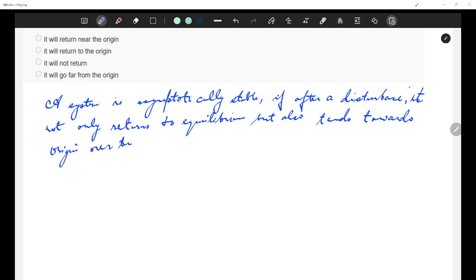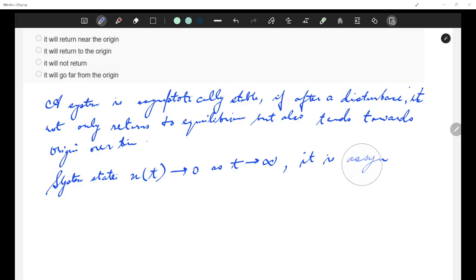Okay, so in mathematical terms how can it be written? The system state x(t) tends to 0 as t tends to infinity. If your states converge to 0 as t tends to infinity, then it is asymptotically stable. I'll write just AS. Okay, this means that any deviation from the equilibrium due to any kind of disturbance will eventually vanish and the system will return to its original steady state position or the origin.